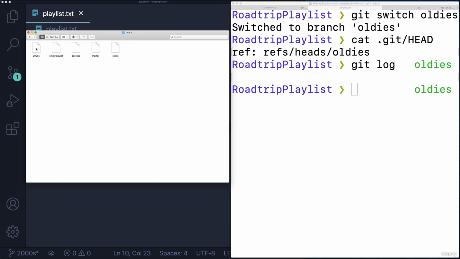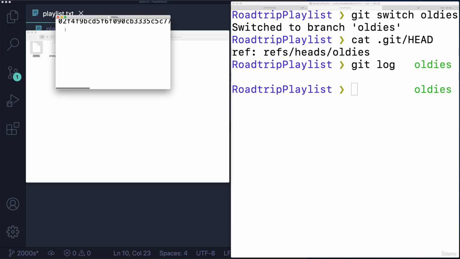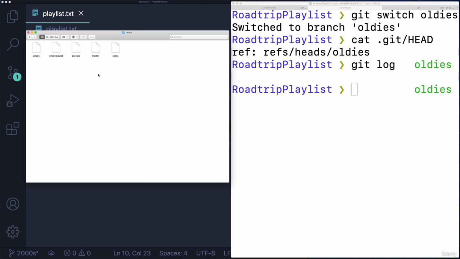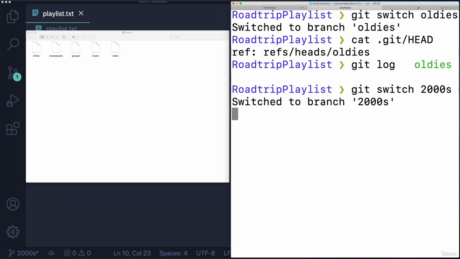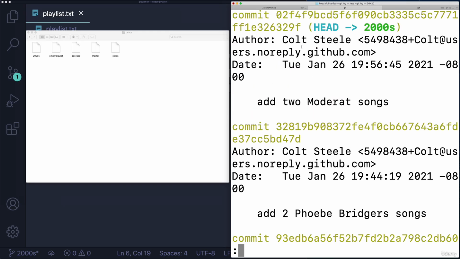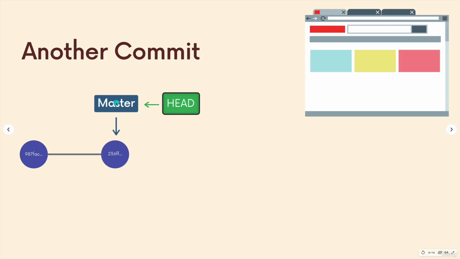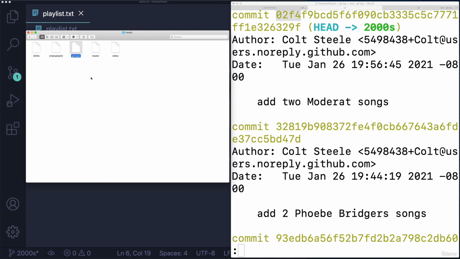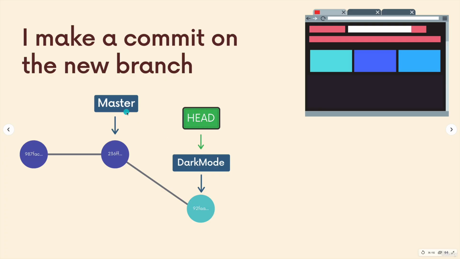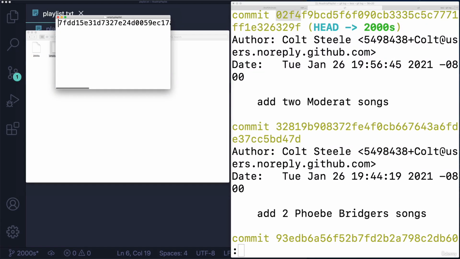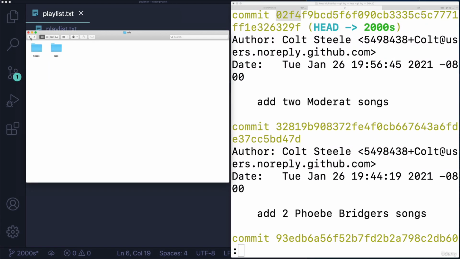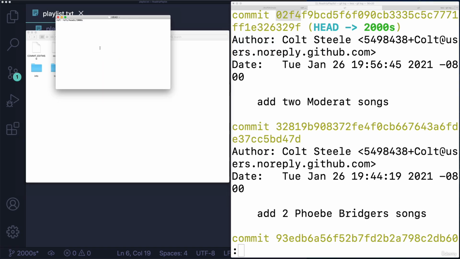So we can see that all over the place. You know, I have this 2000s branch, and it says the last commit on there is 02f4. Okay? And so if we switch to that branch, git switch 2000s, type git log, there it is, 02f4. So each one of these is like a bookmark. It's one of these branch references. So we happen to have 5 of them instead of 2 in this diagram. Each one refers to a commit. It just stores that commit hash in a file. And then HEAD changes. This file right here changes depending on what we have checked out,